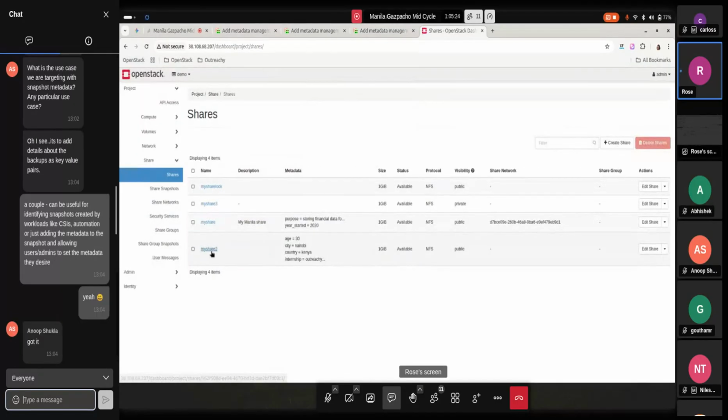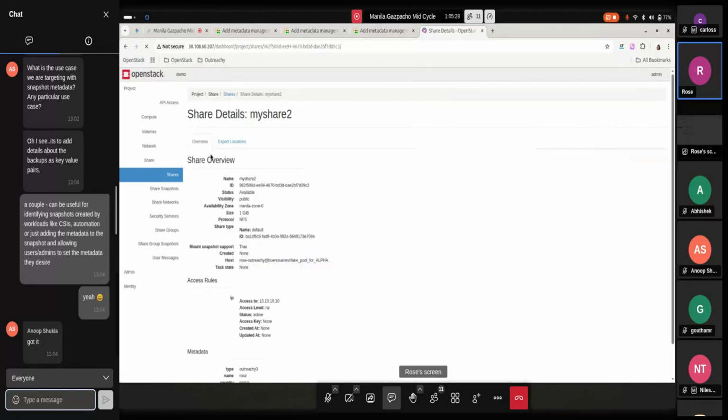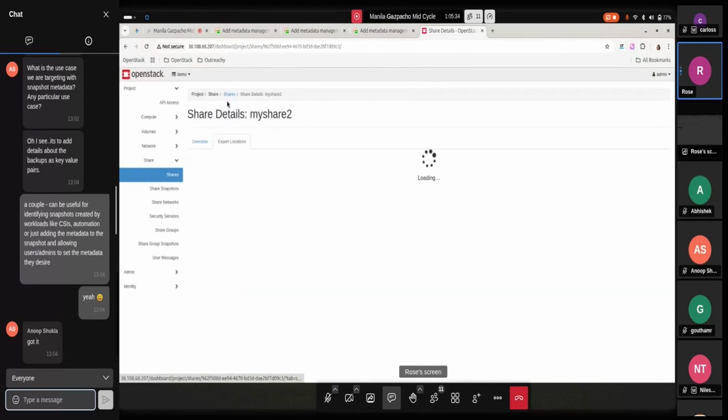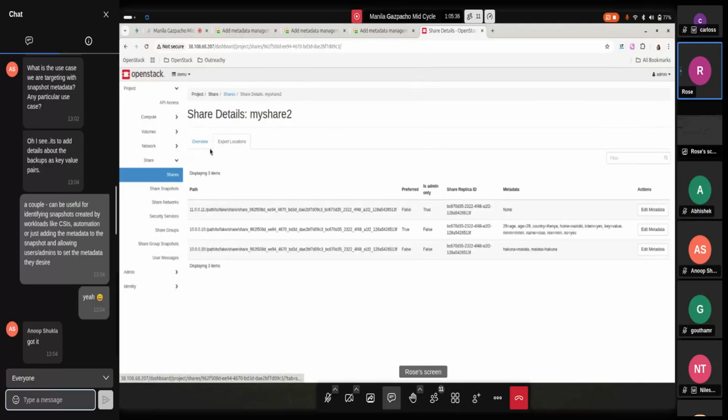For the share before, you would see the export location here in the details, in the share overview, but for both, we've moved them to a separate export locations tab. This is for share export locations. And in this tab, you can see all the details that you could see before for the export location, which